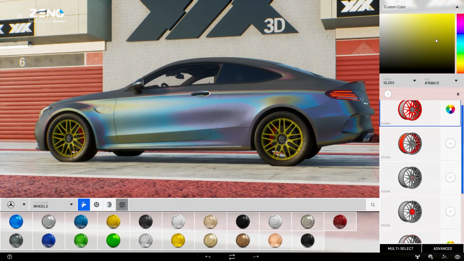So here you see me picking yellow. For powder coating, we can use the suggested color or type in the hex code of your customer's rims, which he may have specialized already. And of course, we can also do the brakes.